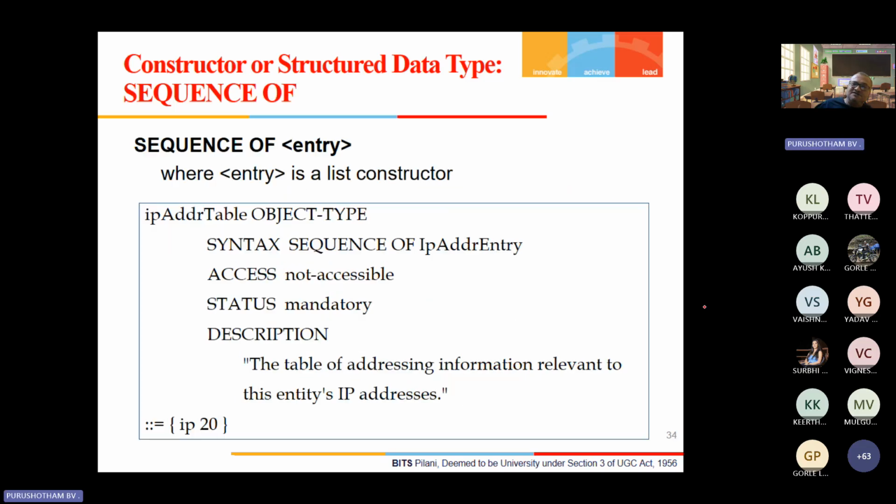That's the sequence. Whereas sequence of is an IP address table, which contains the syntax sequence of IP address entry, access not accessible, status mandatory, description. This itself is what we call the sequence of.